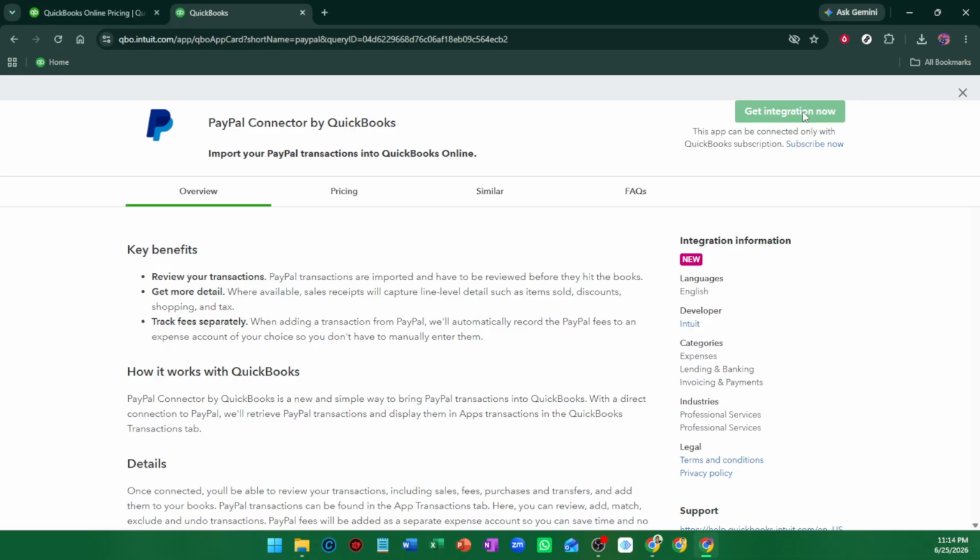Finally, choose a start date for importing historical transactions. This determines how far back QuickBooks should pull your PayPal activity, so pick a date that fits your bookkeeping needs. When you're ready, click Done to finish the setup. Once the connection is complete, QuickBooks will begin syncing eligible PayPal transactions based on your